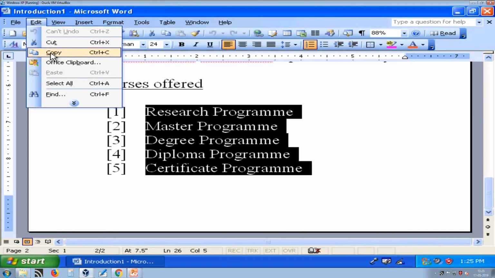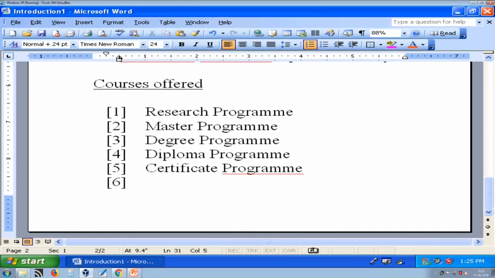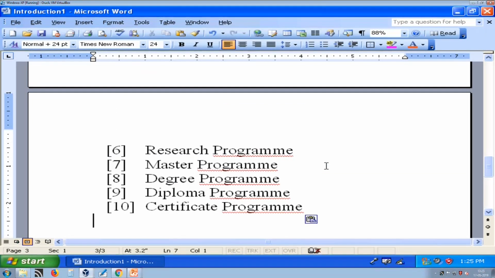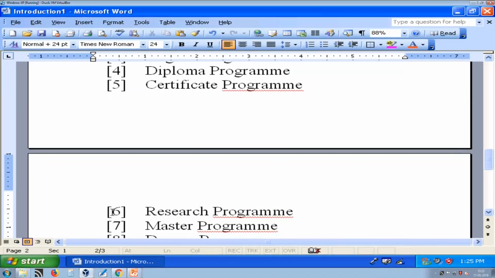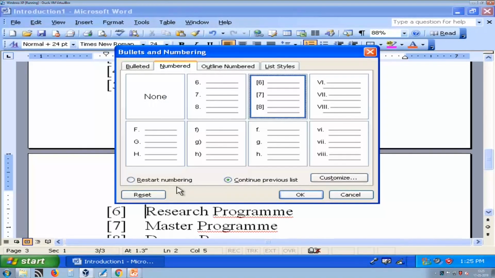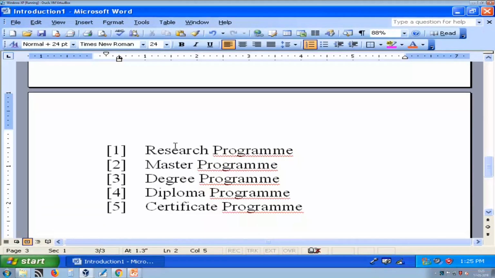So, first select text and then press copy, and wherever you want to paste, just press Ctrl V. You can also reset these numbers from bullets and numbering. So, here I am selecting restart number. So, it will again start from 1. So, this is how you can also reset numbers. So, this is how we can copy.